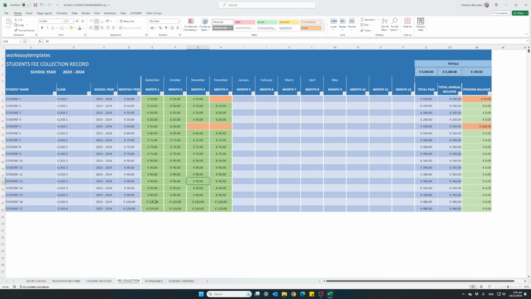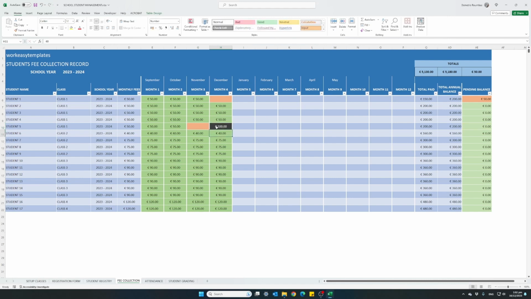So now we've entered all the payment data from September up until today, and what we can see here is that mostly all of our students are up to date with their payments, apart from 2 students that still owe the amount of 50 and 100 euro each. Let's say student 5 pays us in December for both months that they missed, and instead of 50 and 50, they pay the school